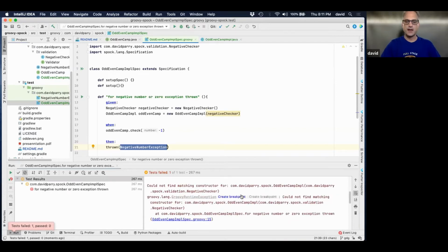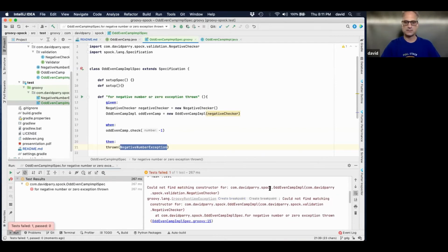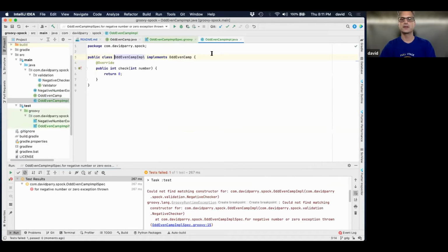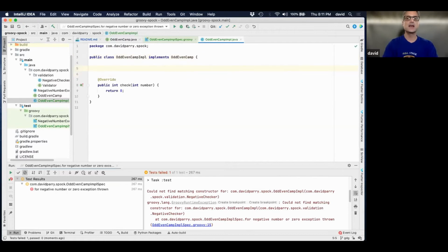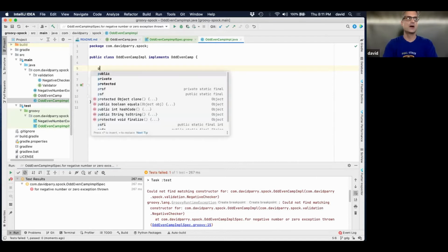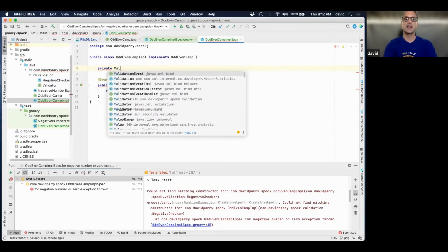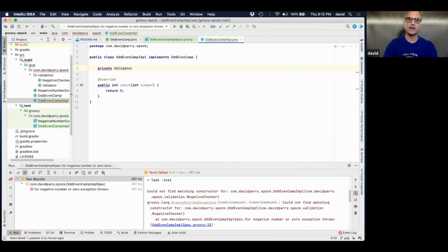So we can see here that it could not find, okay. Oh, sorry, I've missed one thing. You see here, I don't have an interface or the actual method here for this. So now I'm going to say, hey, I'm supposed to pass in the negative number. I missed that one, but that's a good check on there. So I'm going to do a private validator. For good development practices, we're going to say it's just the interface, the validator, because we're not sure what they want more or less. So I'm just going to say integer here and call it validator.